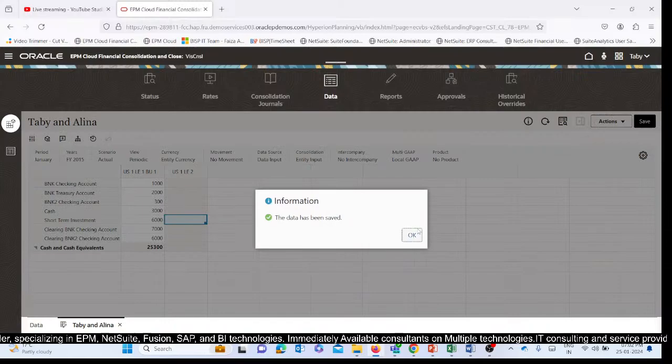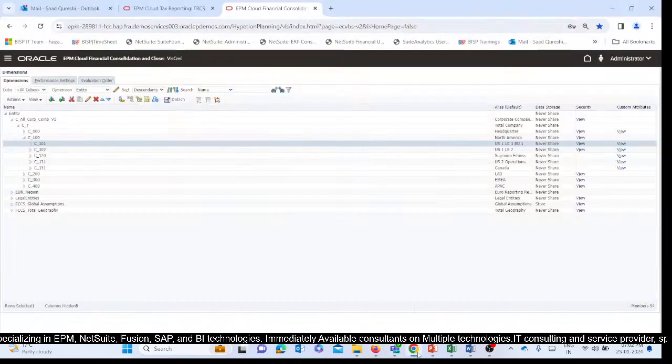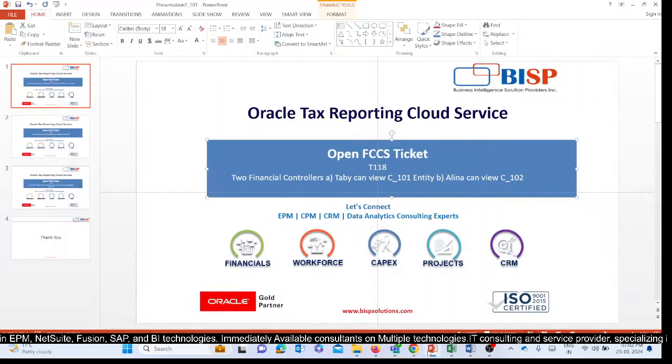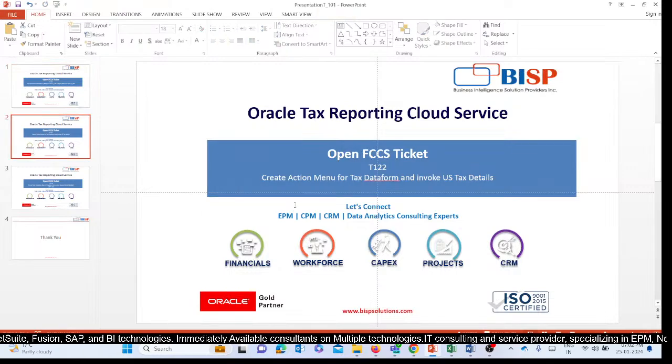Okay, so I can edit it and save it also because I have given the rights over here. So this is how you can give access and rights to other users. Now let's move on to the other